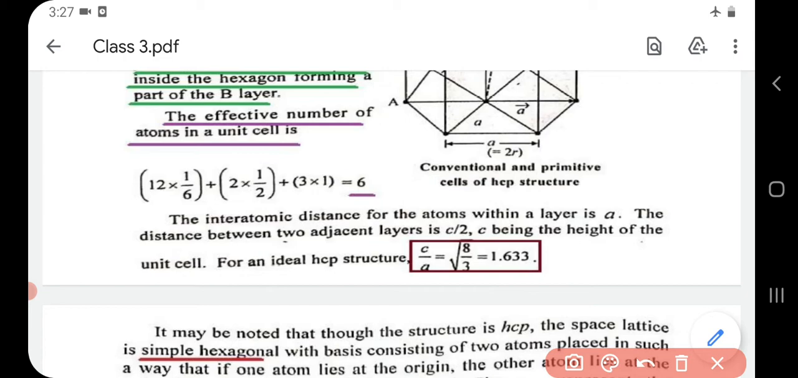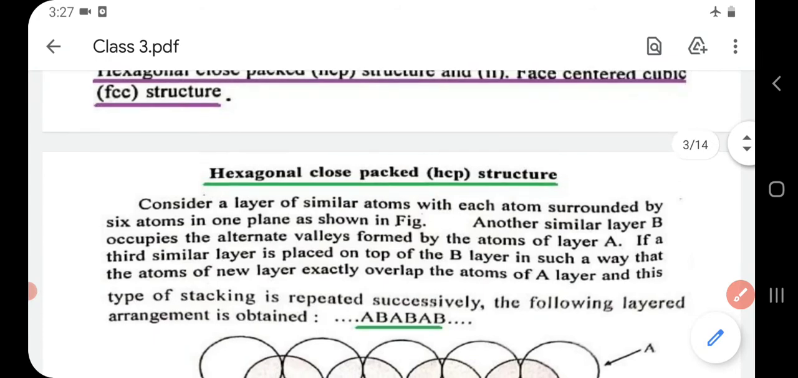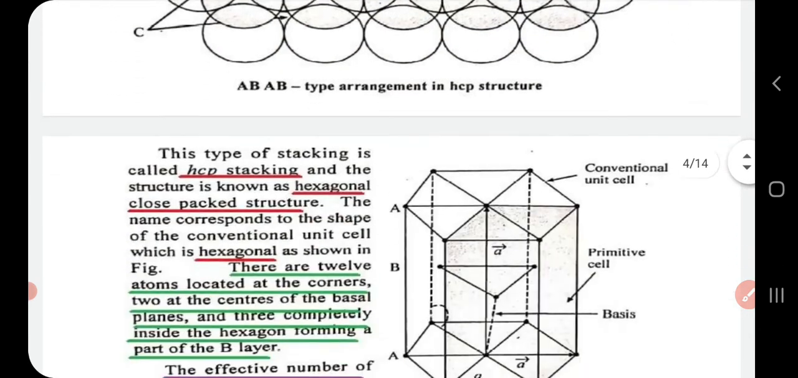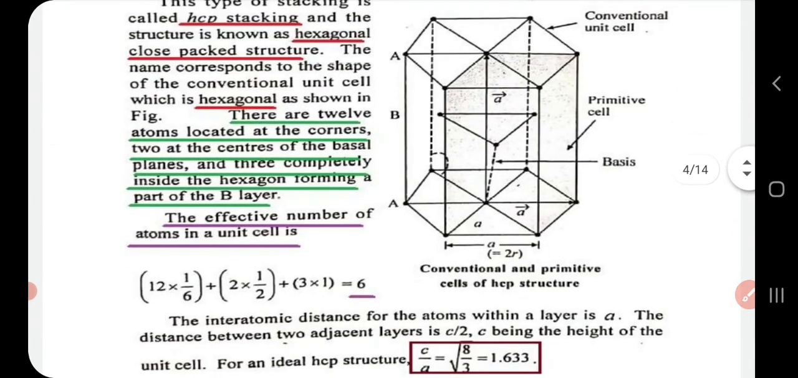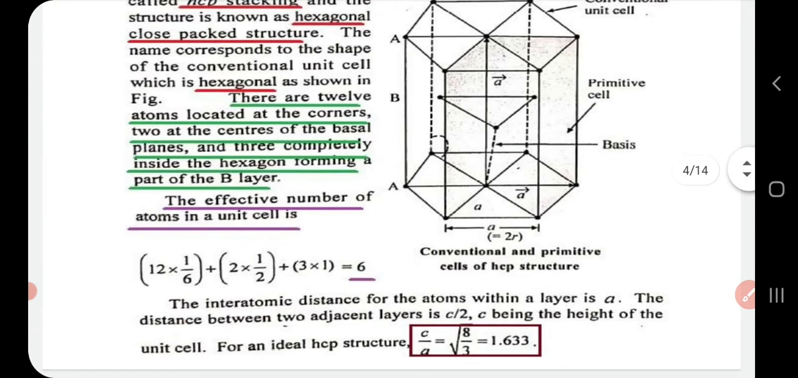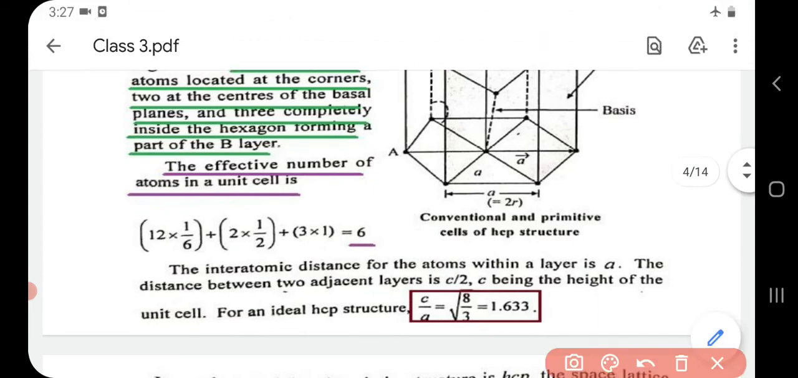So regarding hexagonal closed pack structure, what all things you have to write? How it is arranged, this particular figure, then this paragraph, no need of drawing this figure, then the effective number of atoms in the unit cell of HCP structure is 6, then this one. Okay, then